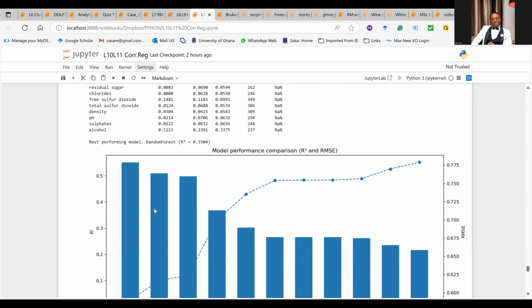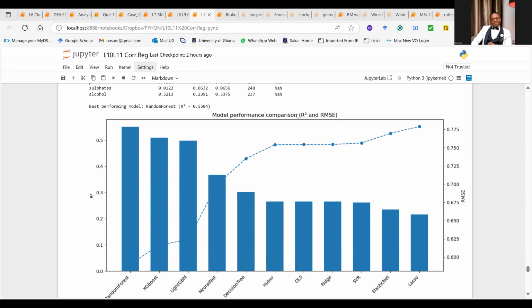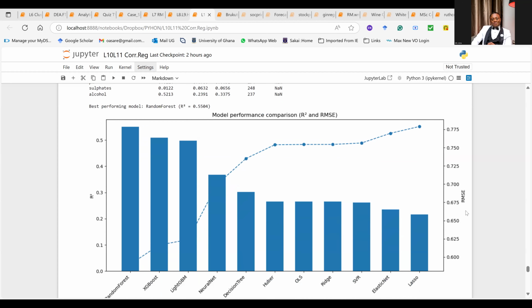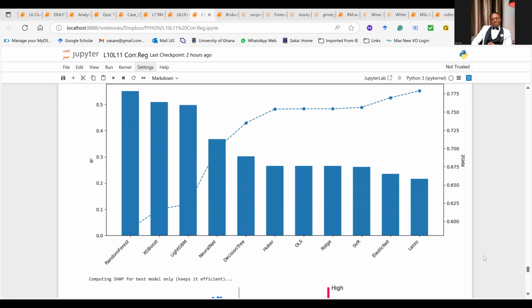The good thing about this graph, which I posted in the page, is that it juxtaposes the R-square against the root mean squared error. You can see that the root mean squared error is measured on the right-hand side. It's another beautiful way of showing the graph. Then the R-square is measured on the x-axis. So you can see that, again, random forest is leading. And in terms of error, it is among the lowest errors, towards the 0.6 area.